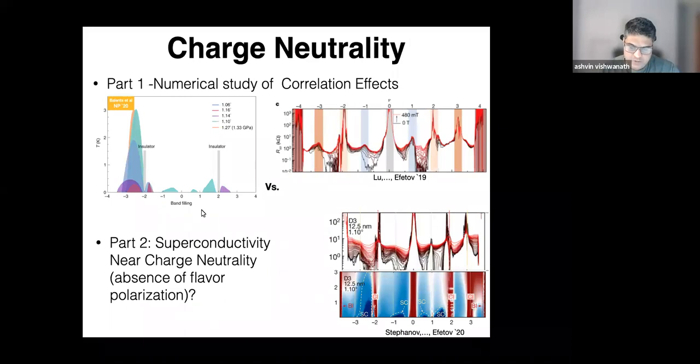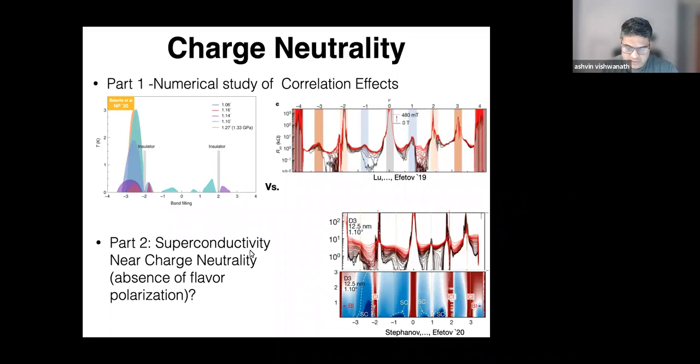Many experiments are like the one shown over here on the left. They don't quite see an insulator at the charge neutrality point. They see something more consistent with the Dirac points, perhaps with some nematic kind of distortion. But in some experiments, like this one over here, an insulator is actually seen at charge neutrality. Okay, so there is some variation depending on maybe other parameters that we're not quite aware of, things like strain, for example, maybe at play over here. But anyway, both kinds of behavior have been observed.